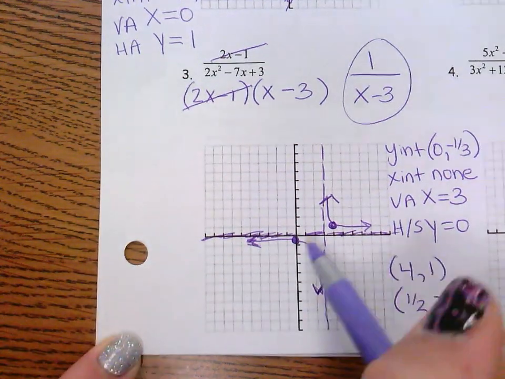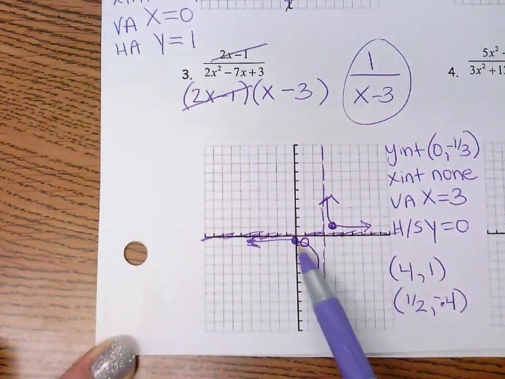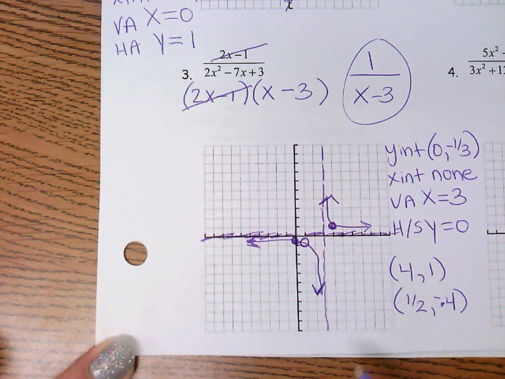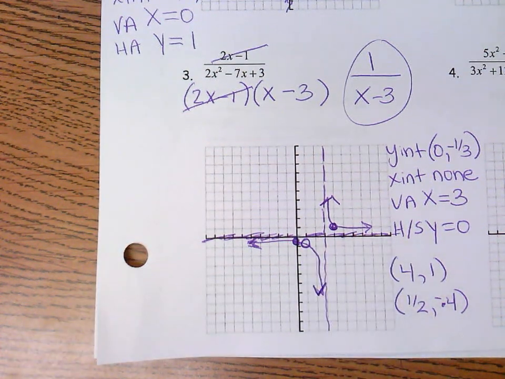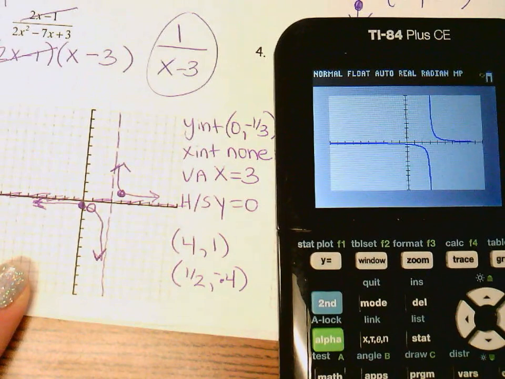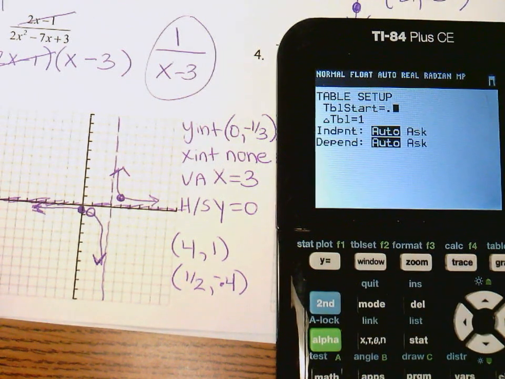So at 1/2, I have a hole right here at negative 0.4 on my graph, which means that that value is undefined. If this was a calculator problem, tomorrow you're not going to have a calculator, so I'll give you ones that you could calculate without a calculator. But here's my graph. So it looks like I got it right. I can't see a hole on here, but if you go to your table at 1/2,